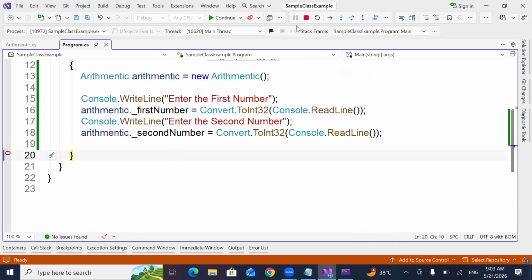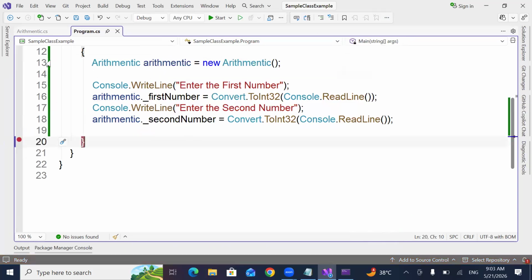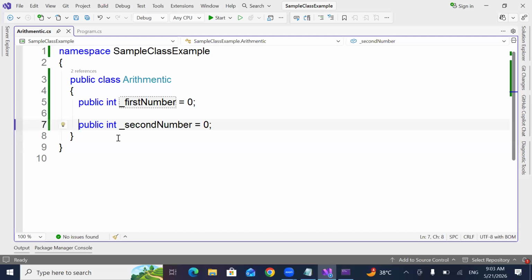Now come back. Sir, after receiving the variable, I want to create an add method. How can I do that? Now the class has only variables. I need to do some logic. What should be required for me to build a logic? Yesterday I explained what is required. To build any logic, you require something. What is that?